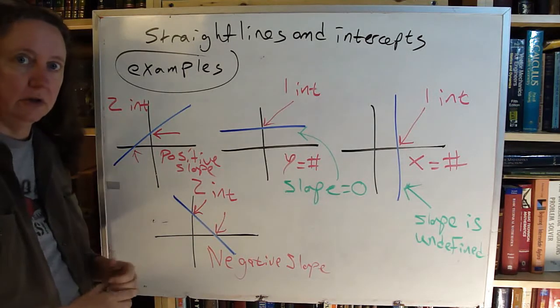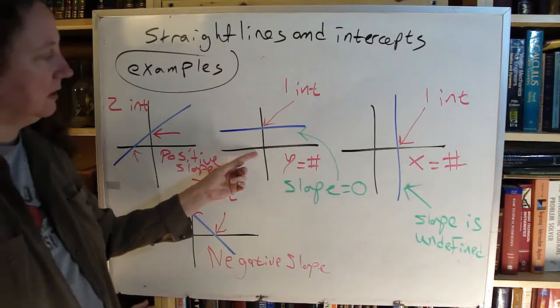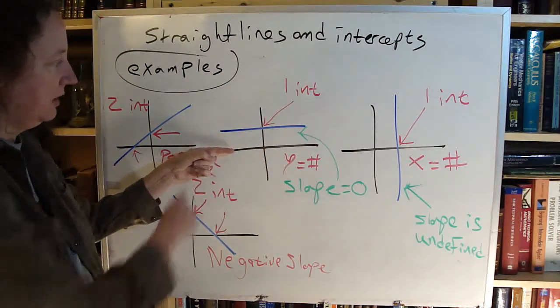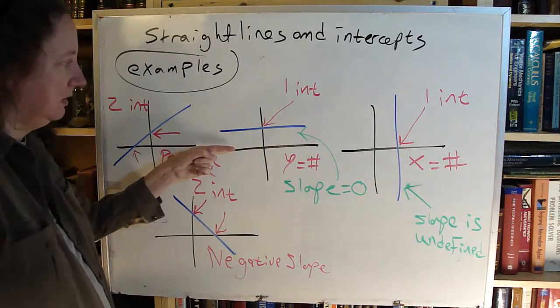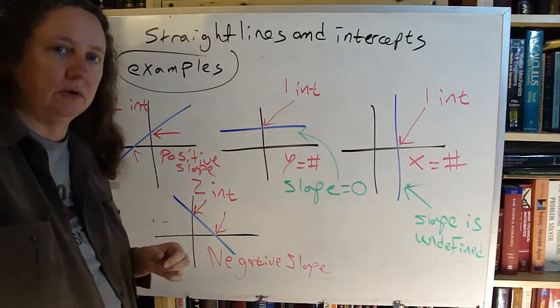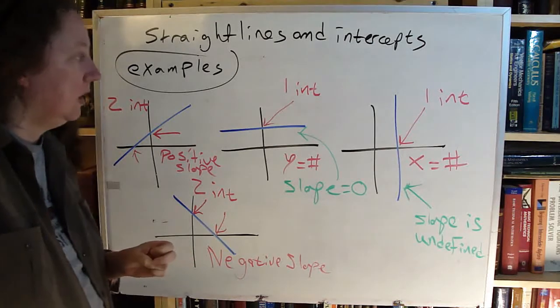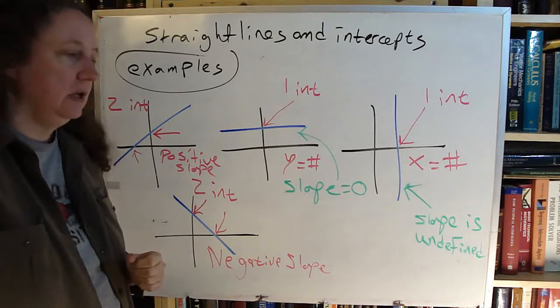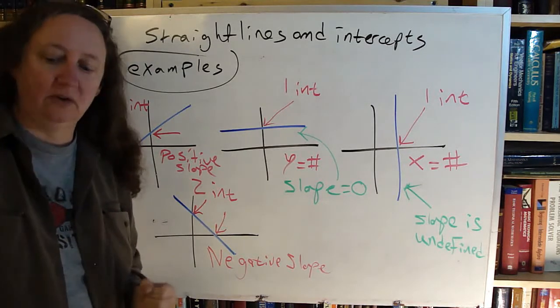So far, so good. Over here, there's my x-axis. Horizontal line in blue there never meets the x-axis. So no. If it has a slope of 0, it does not have an x-intercept,